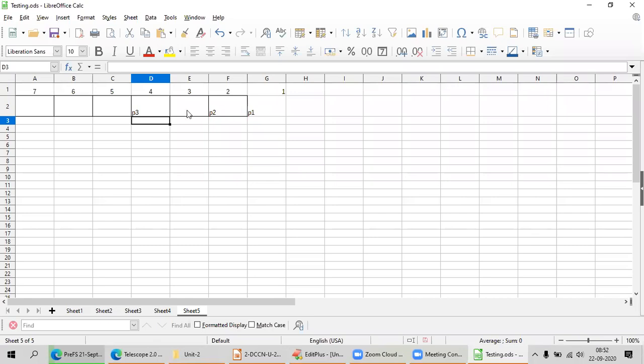P1, P2, P4 are in the first, second and fourth positions.